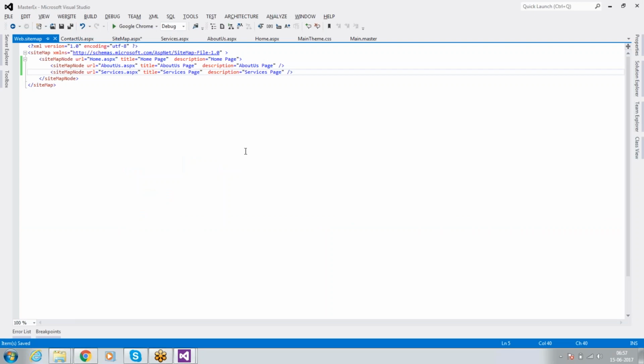Next is sitemap. You can extend your own tags.